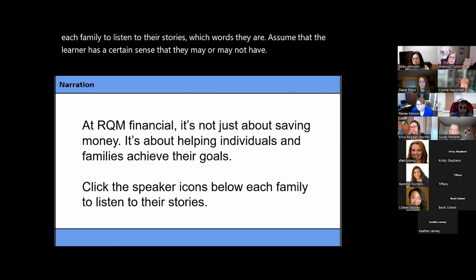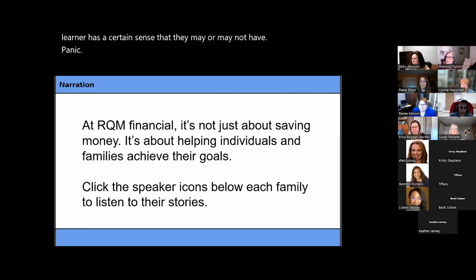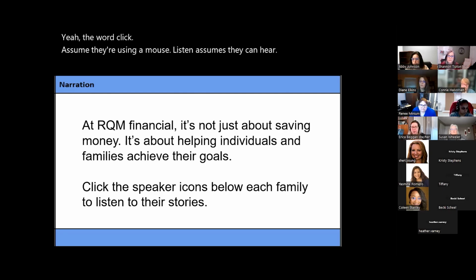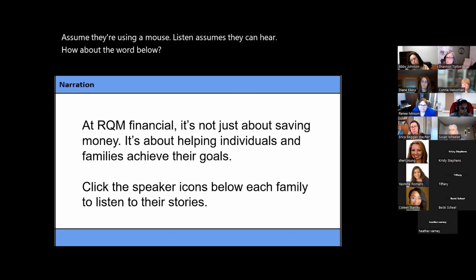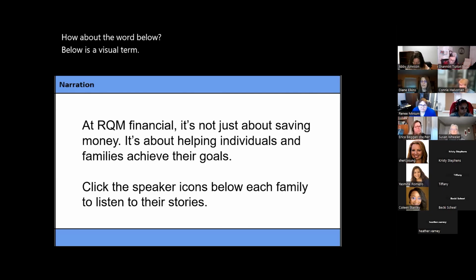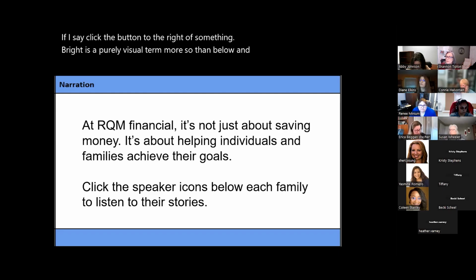What do you think? Yeah, the word click assumes they're using a mouse. Listen assumes they can hear. How about the word below? Below is a visual term. You know, if I say click the button to the right of something, right is a purely visual term, more so than below. And below, at least, you know, if I'm using a screen reader,